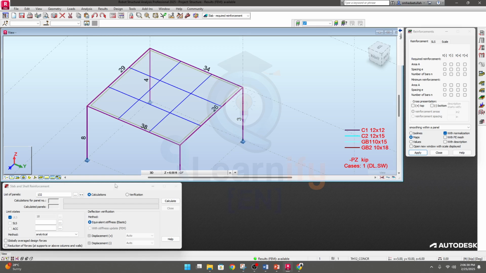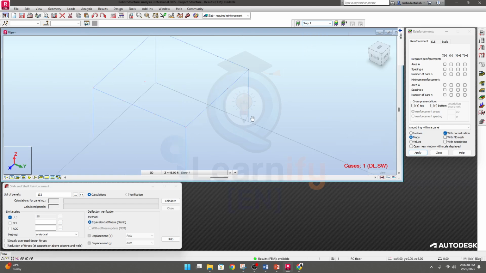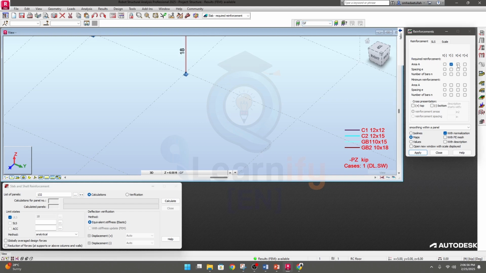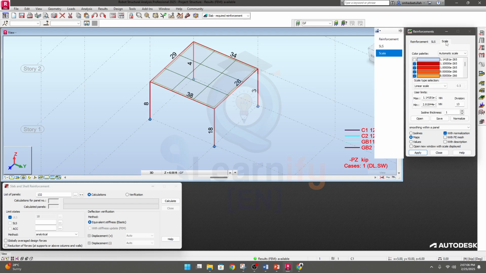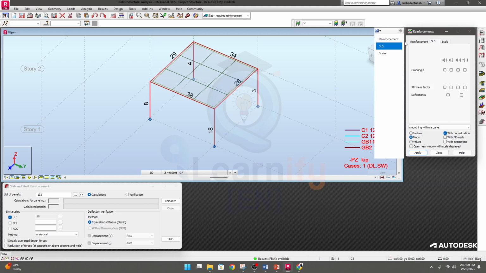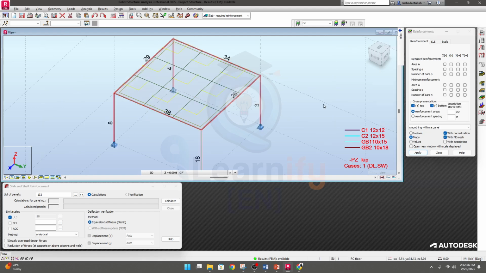Okay, right now we'll not go for it, and when we go for our actual analysis, there are many options to select, let's say ground floor, first floor, and for every floor we'll go for this analysis. Okay, and for the required reinforcement, we have to select all areas, or the area for which we want to apply reinforcement. Okay, and the minimum reinforcement area, then the many option scale, then service condition, then click here. Okay, now